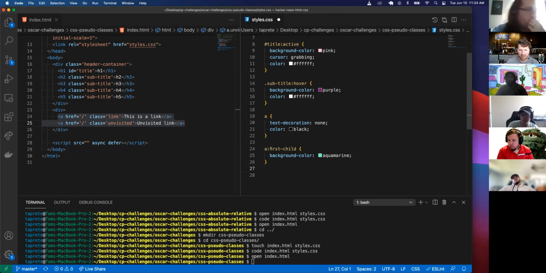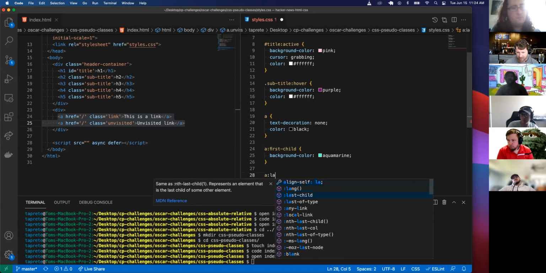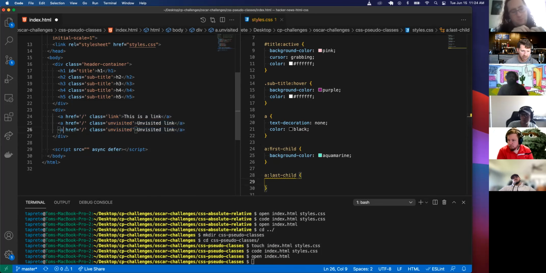I can do the same thing. I think there's A dot last child. I can also target the last child of an element. So if there's a list of other links,